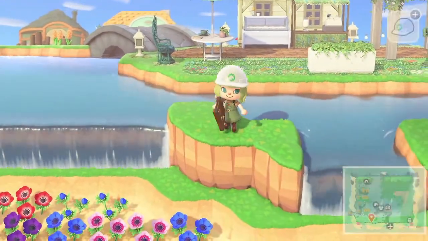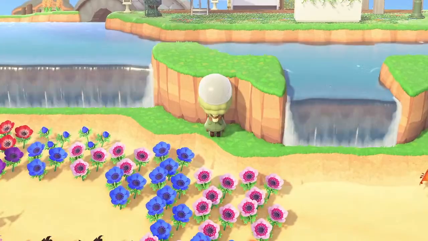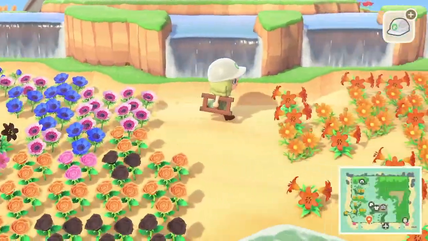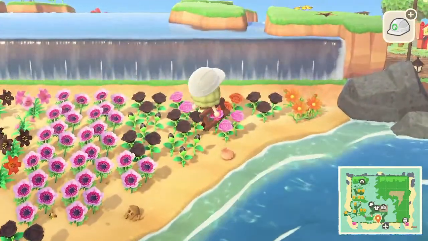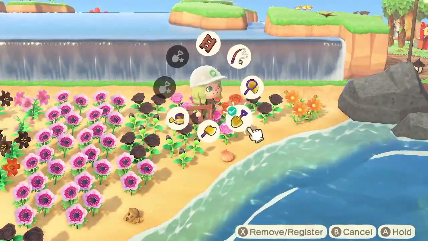Alright, gotta pick up this plant partition so that I can hop across. Look at my flowers. I do have lilies down here. Yes. Okay, yes. Just double checking. Alright, so